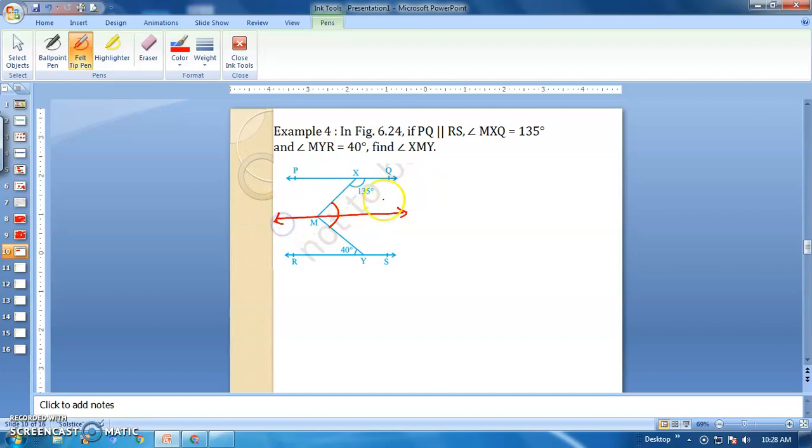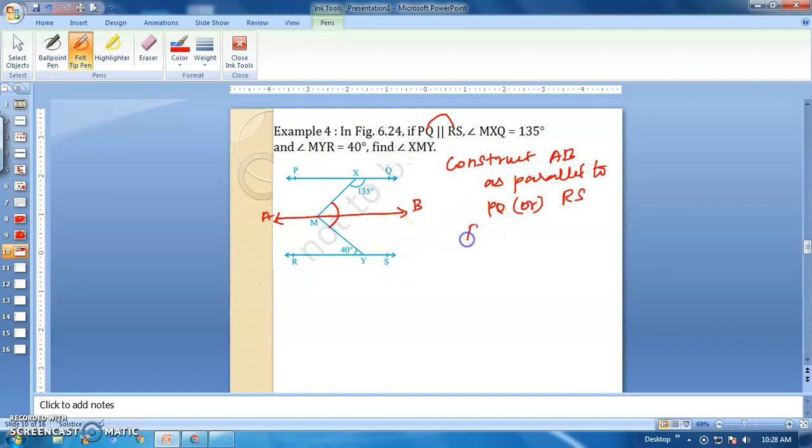This is the construction. Let us take this as AB. So construct AB as parallel to PQ or RS. The construction line is nothing but parallel to any one of the lines, either PQ or RS. PQ and RS are already parallel, so all three lines are parallel to each other.